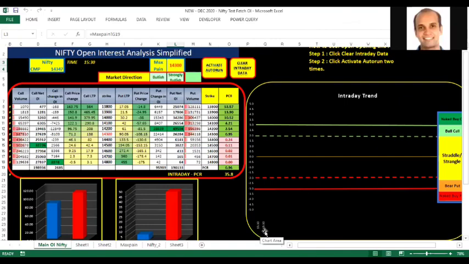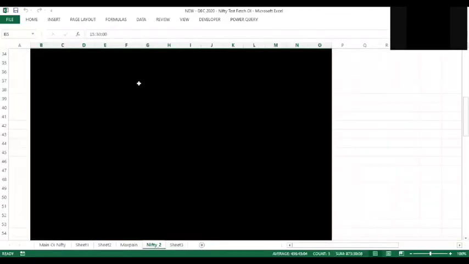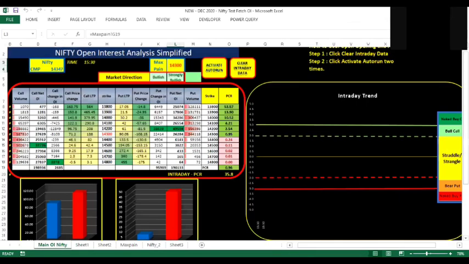Yeah, it is in the chart. Correct. So every 5 minutes, whenever data is captured, the time is also captured here. And on the sheet Nifty 2 here, which I was showing you earlier, that is visible: 11:01, 11:06, 11:11, something like that. It is available. So you will get to know the last time.